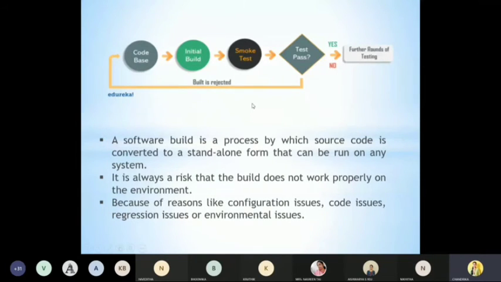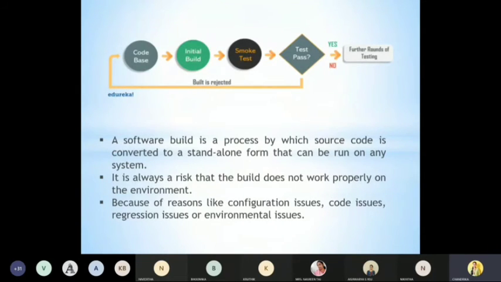Here you can see first the code base, then the initial build, then the smoke test. If the test passes, meaning the result is true, further rounds of testing will be performed. Otherwise, the build is rejected and it goes back to the code base. A software build is a process by which the source code is converted into a standalone form that can be run on any other system.